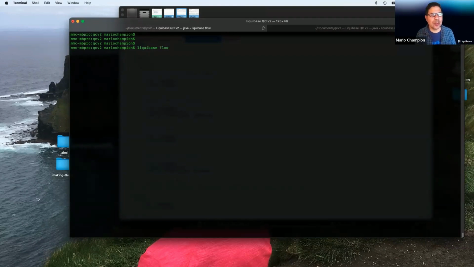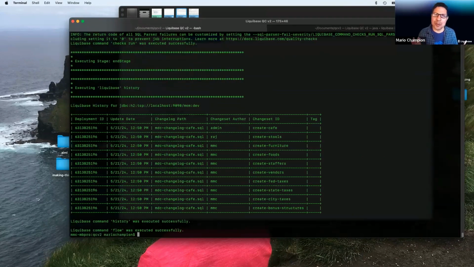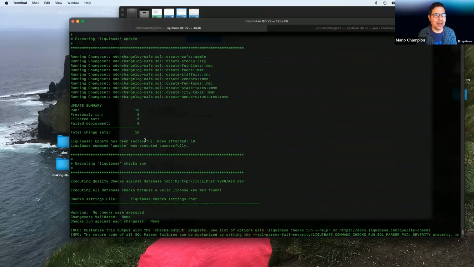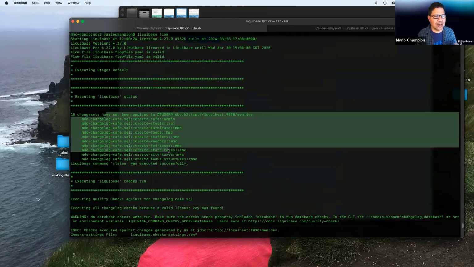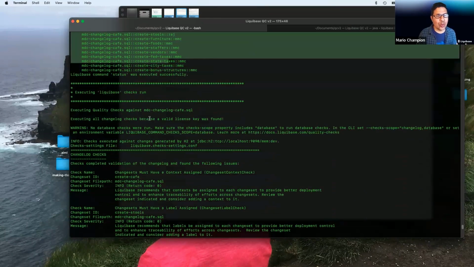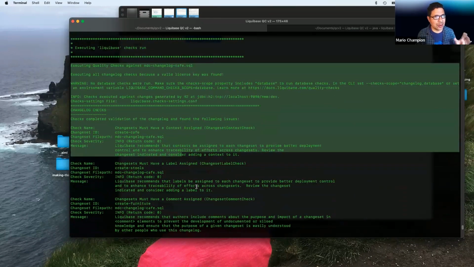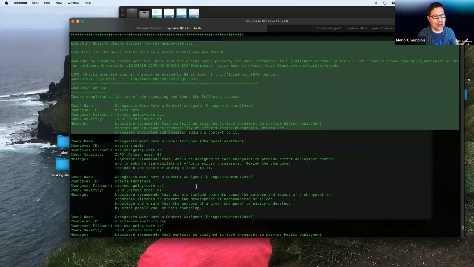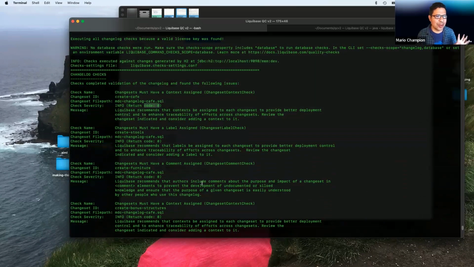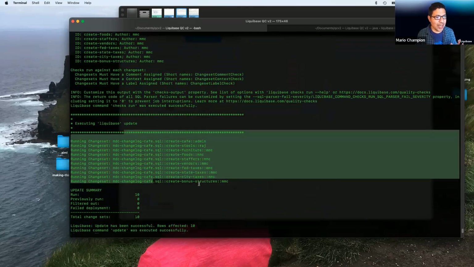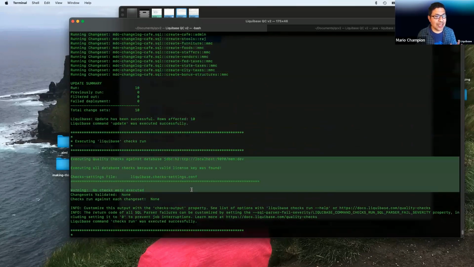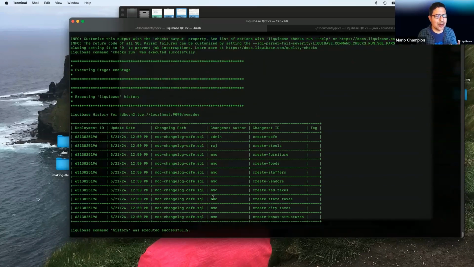So Liquibase Flow, it's going to do a lot of things very quickly, which is awesome. And let me go back and explain them. So you can see the commands that we had mentioned in the stage and its actions. We have a status, which tells me what needs to be deployed, a checks run, which is to see if all my changelog is compliant. I have a bunch of return code zeros, so that's fine. None of these will stop this job. I do the actual update, and I do a checks run against the database,